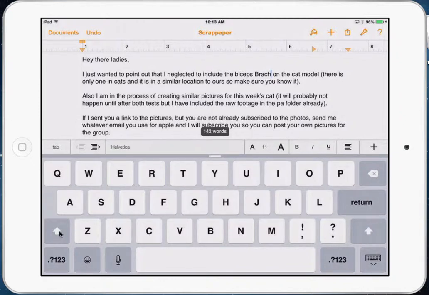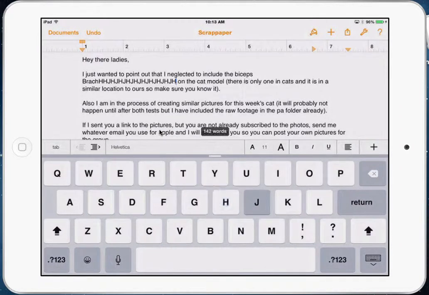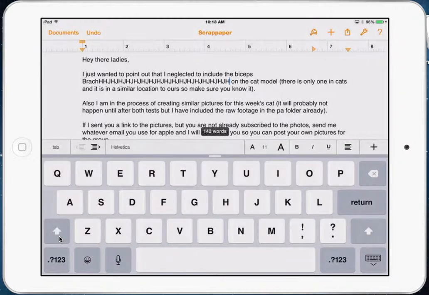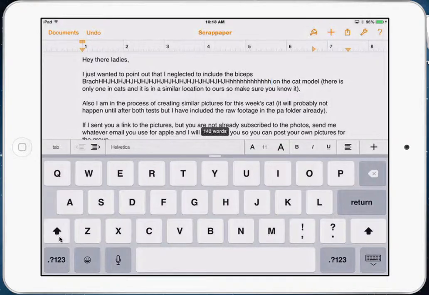This capitalizes, but if you double tap on this button, see it's got a little line under that. Now every word I type will be capitalized. So you can see me typing all these letters up here. They're all capitalized because I've locked the capitalization on. If you want to turn it off, tap it once. Now you've turned it off. If you want it on for one letter,